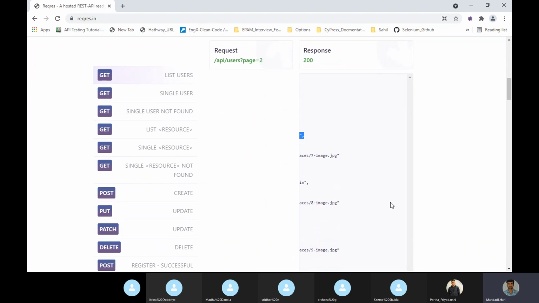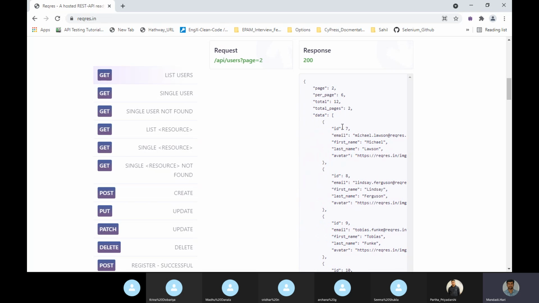Now suppose I got this. I need to understand the requirements here. If you see the get method, we will not pass any body, no body, just the request. Request in the sense it's an endpoint URL, that's it. This one is called a query parameter.